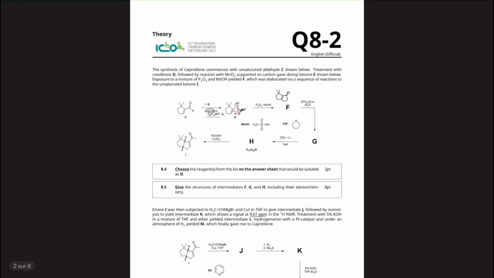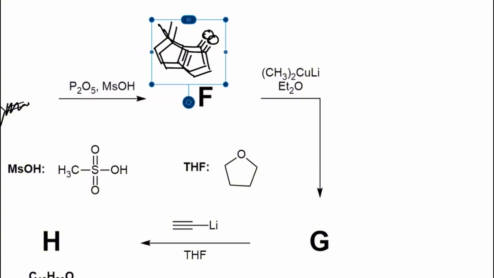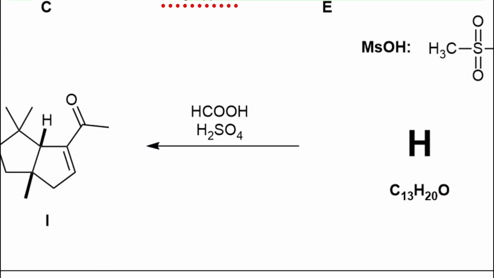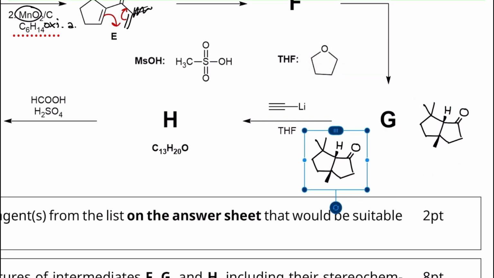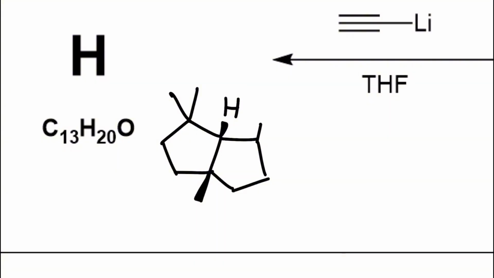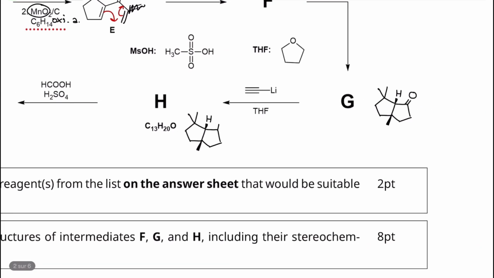Then G is just going to be a conjugate addition of F. We add one methyl group there. And now we have to mark its stereochemistry, which we can easily just take from the final product. So it's going to be something like this. Great. Then we treat it with an alkynyl lithium. So that's going to add to our carbonyl. But there's now a question of